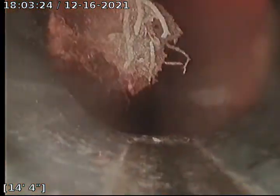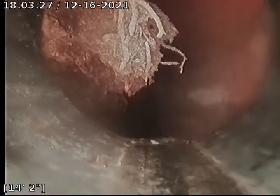And the joint seems to be in fair and maintainable condition. Joint seems to be in fair and maintainable condition at this point. This joint seems to be in fair and maintainable condition at this point. Just going to continue to pull back. This joint seems to be fair and maintainable condition. And then we come back into our transition from